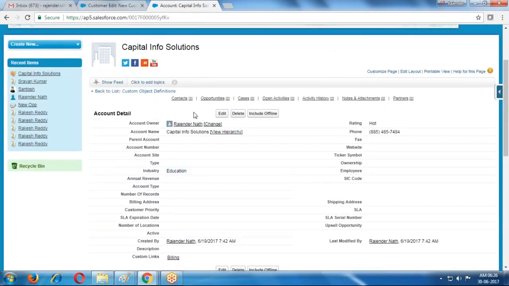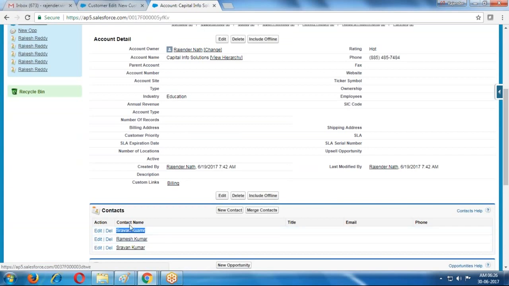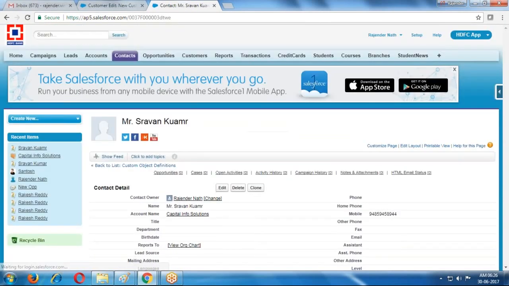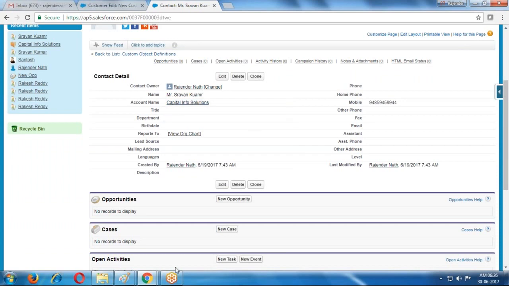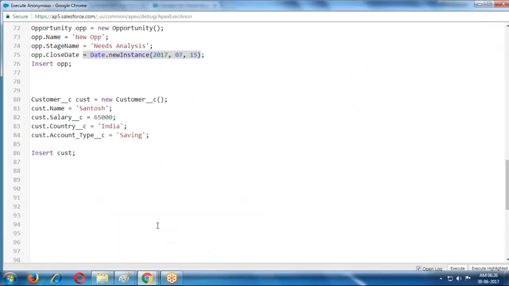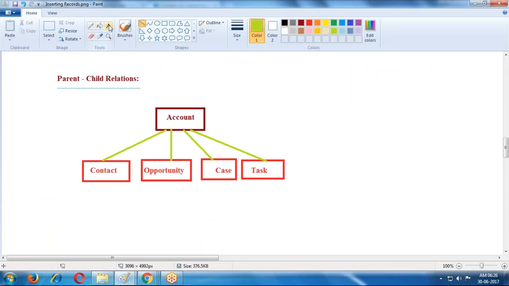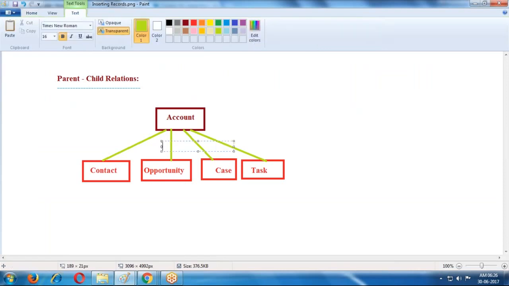That means if you want to build parent-child relations, how to build them? For these objects, all these objects here, it is using account ID.